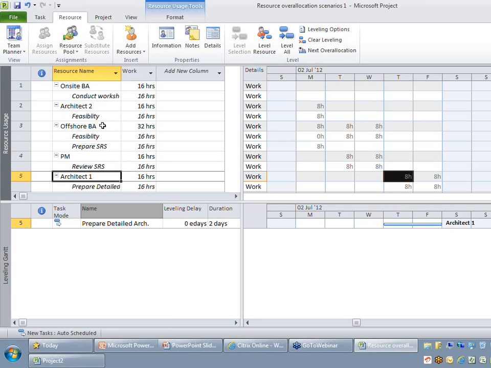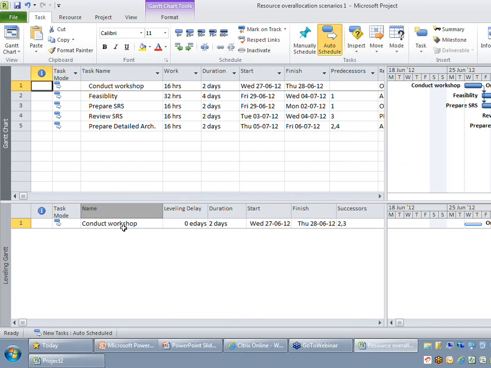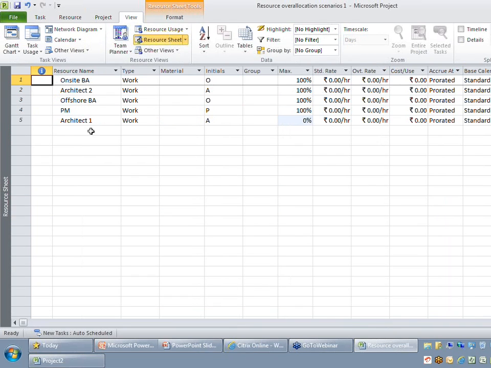Good. So just to summarize the options we have seen to resolve the over allocations manually: we might either make use of the Gantt chart view, through which you can look at the inspector task. The second is the resource sheet to find out which resources are over allocated.